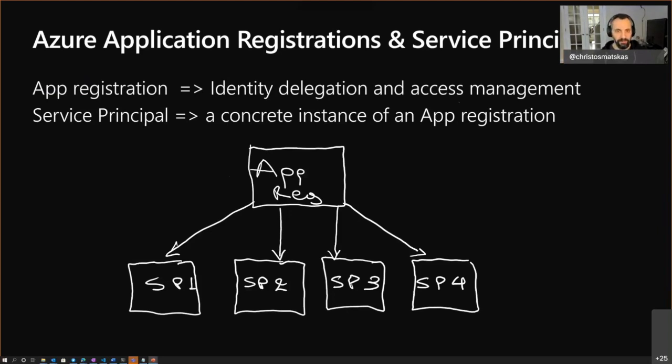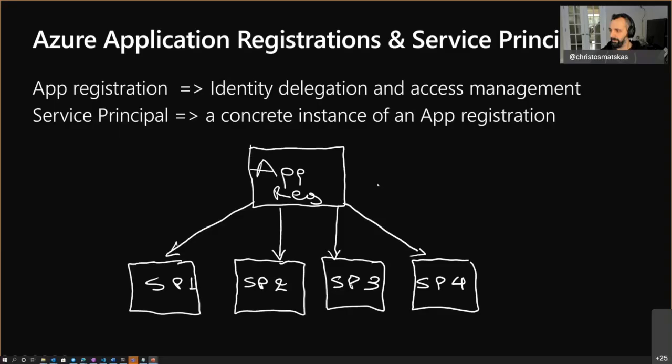Well, this is where service principals come into play. I talked about app registrations a little bit, and this is where it gets confusing. An app registration always creates a service principal behind the scenes. So I go into Azure AD, I create an app registration, that also creates a service principal. That service principal is the account that runs behind the scenes. You can think of an app registration as the base class, and the service principals as the instances of that class, where I can go and have copies of that. The nice thing is that I can lock the permissions for each service principal independently of each other. So I can have one service principal that maps to an app registration that has slightly different permissions to another.